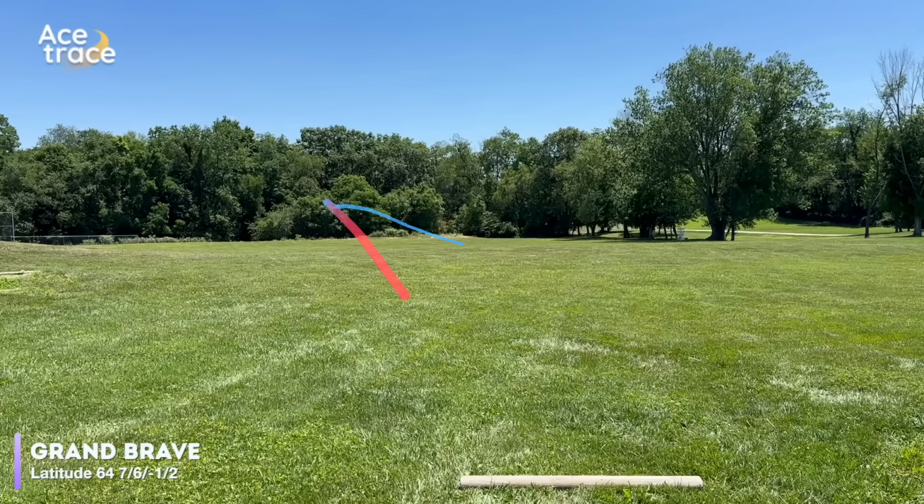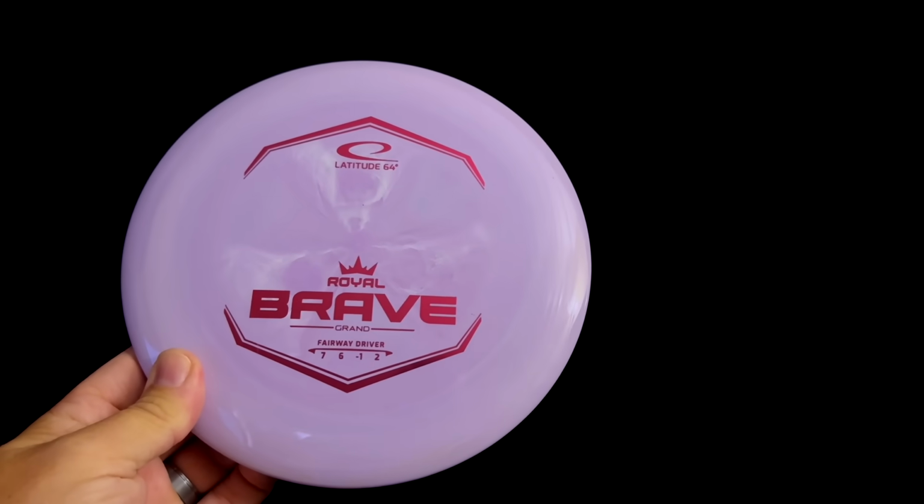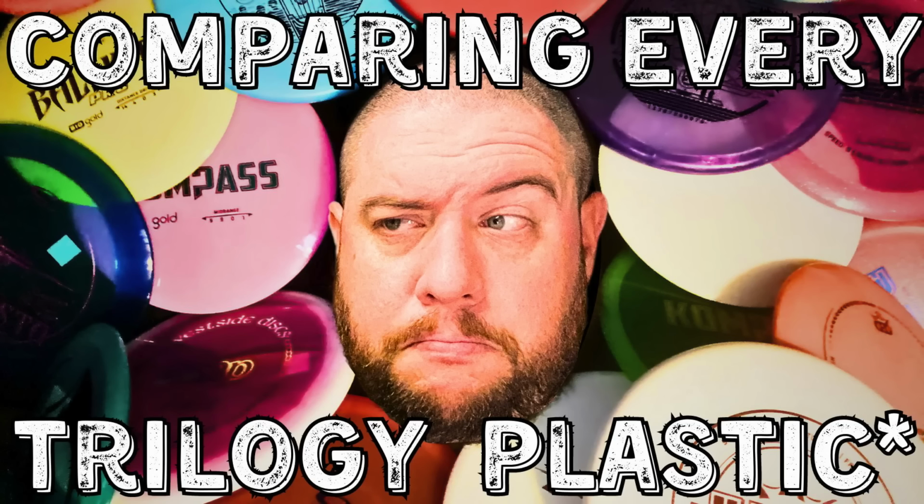No, that still doesn't look like -1 turn and 2 fade to me. So it looks like you might need to be pretty brave to throw the Brave. But I have a theory on why it might fly the way it does. To demonstrate that theory, we need to go back and look at some clips from our Comparing Every Trilogy plastic